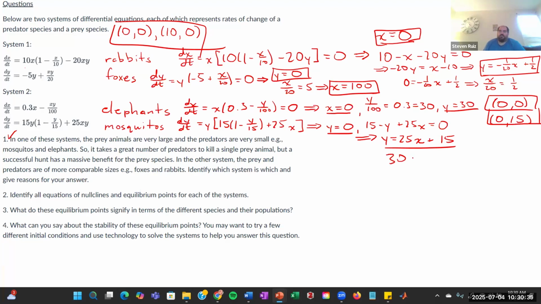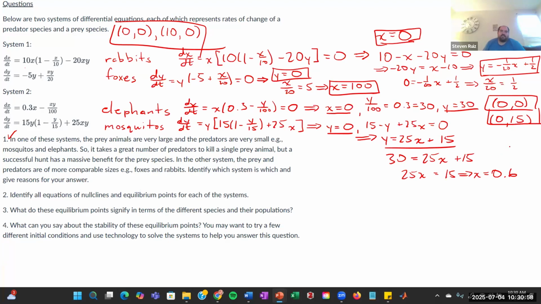I think so. So 30 equals 25x plus 15. 25x equals 15. X equals 15 over 25, so 0.6. So